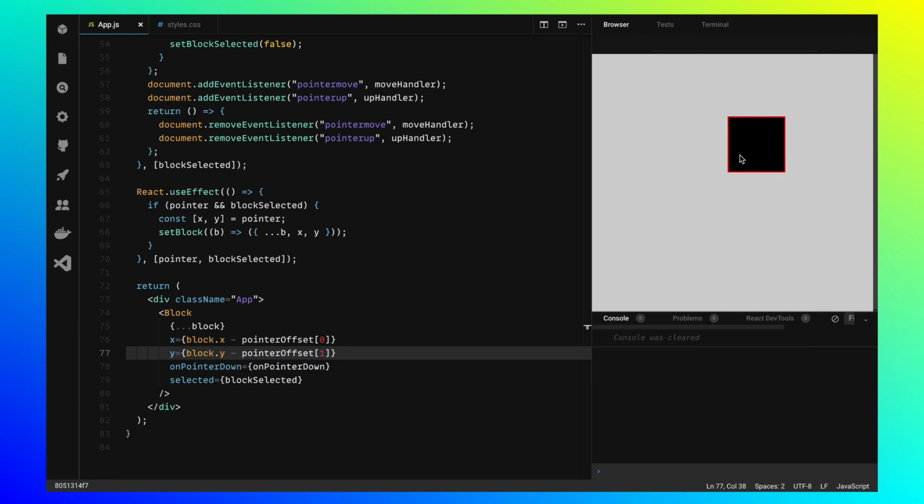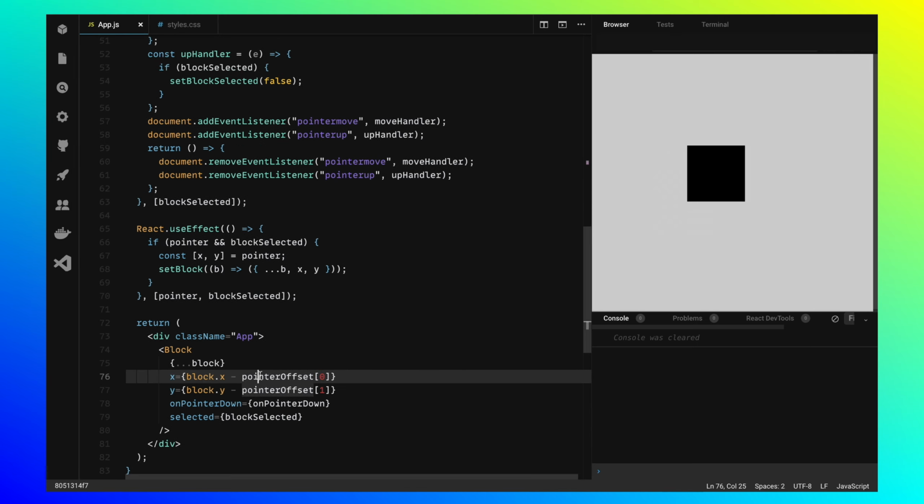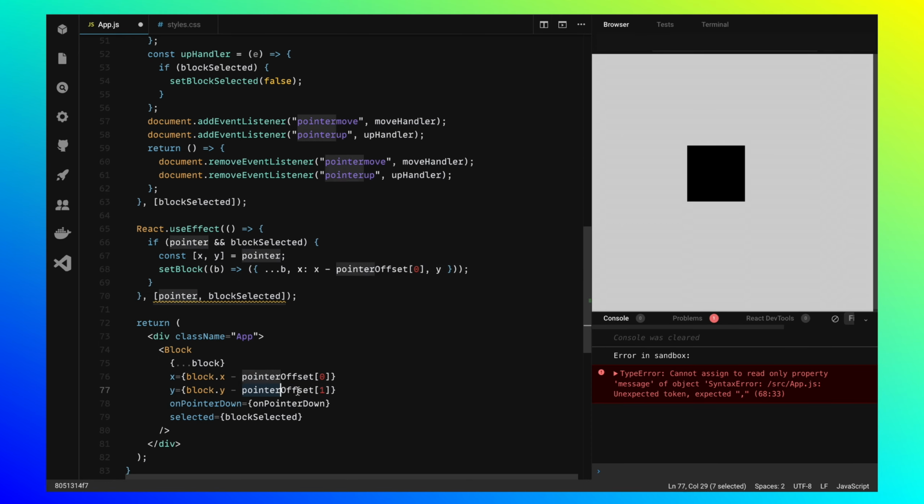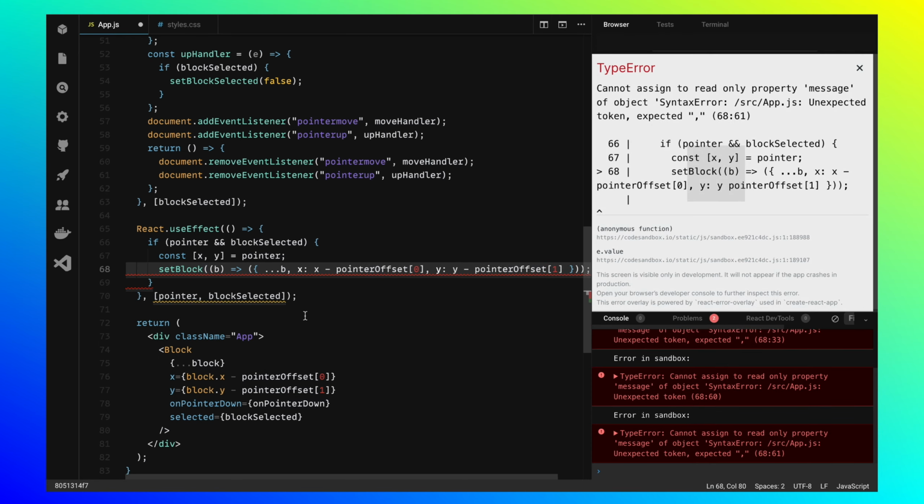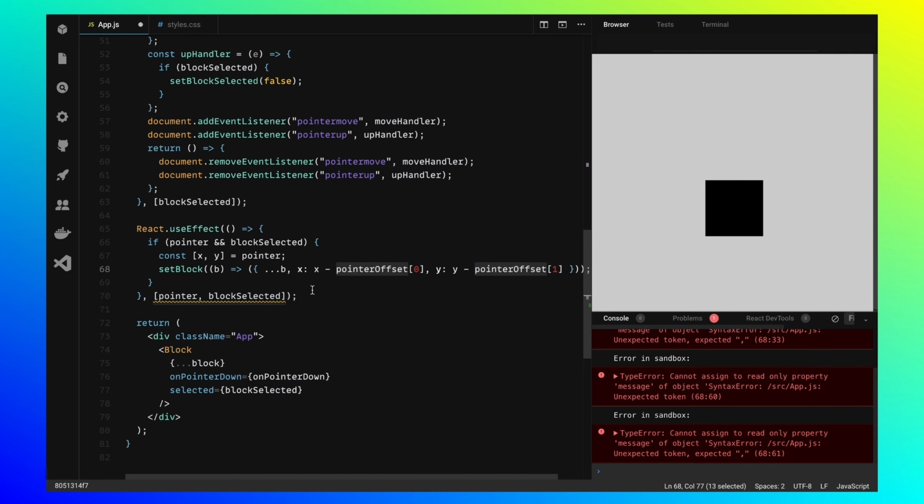That happens because there are actually multiple updates, the mouse move coordinates saving update and then the offset saving update. Those setStates are called at slightly different points in time, and this causes the glitch. So what we want to do is apply the offset together with the position of the block when it's being moved. So that's what we're going to do here.